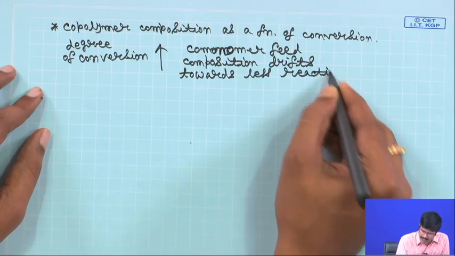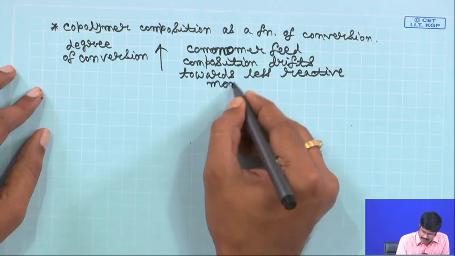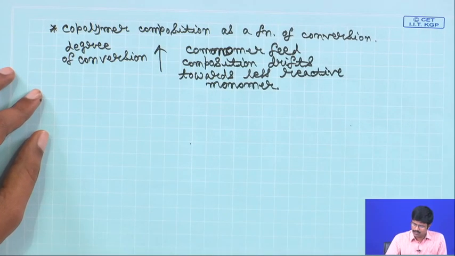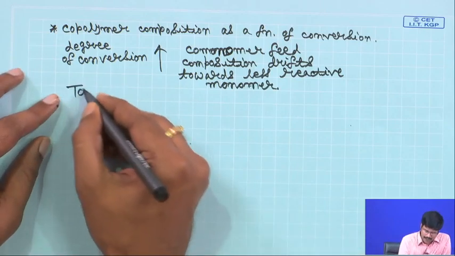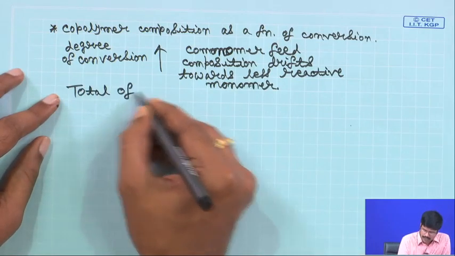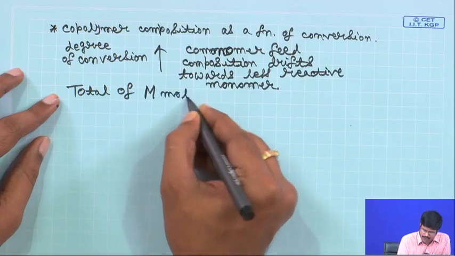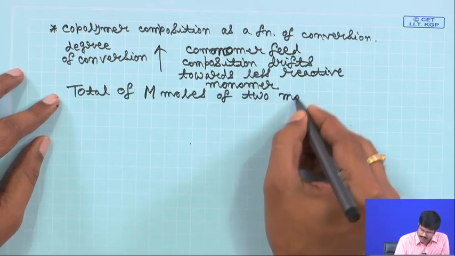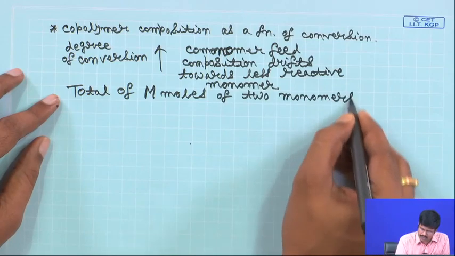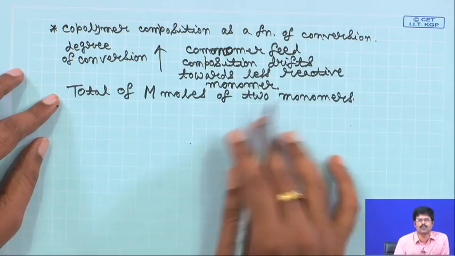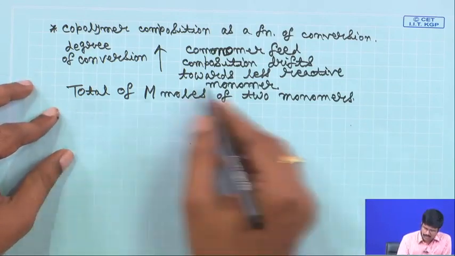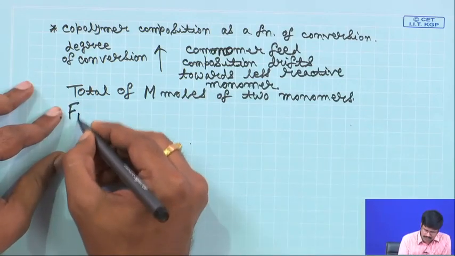We have already explained this. So, let us say you have a total of m moles of two monomers. You are starting with a total of m moles of two monomers, M1 and M2, and your capital F1